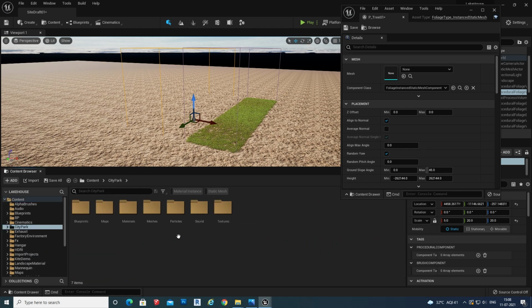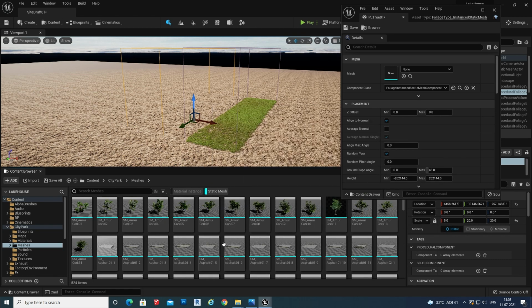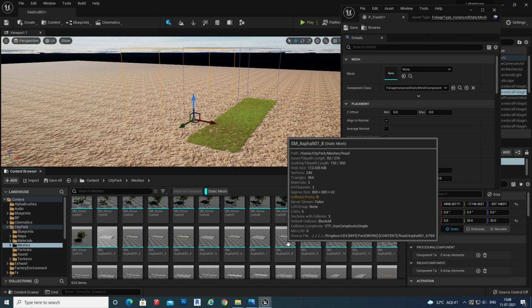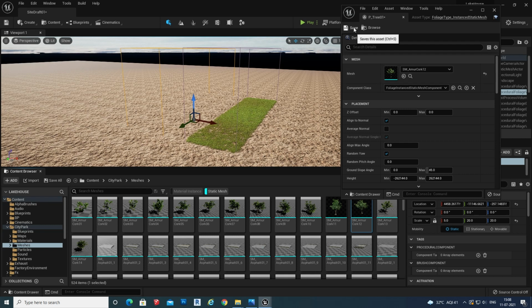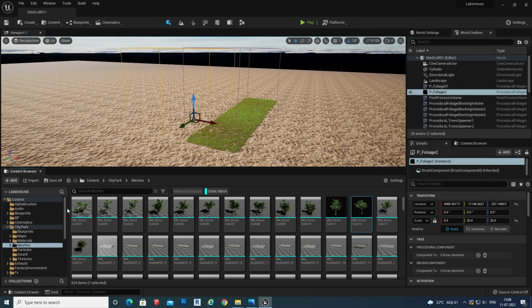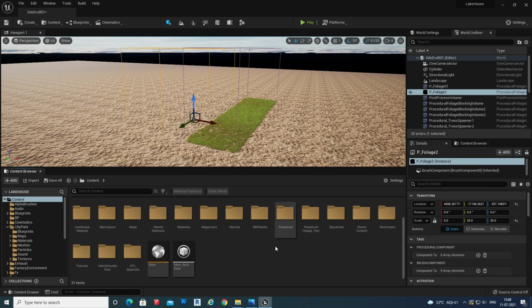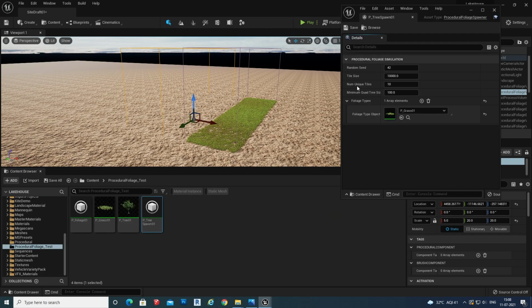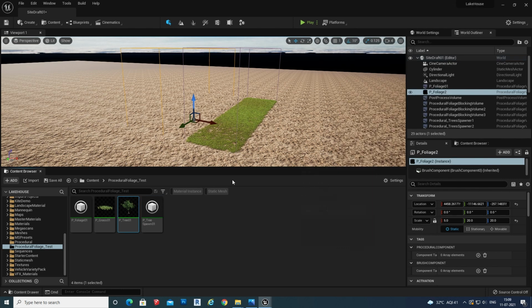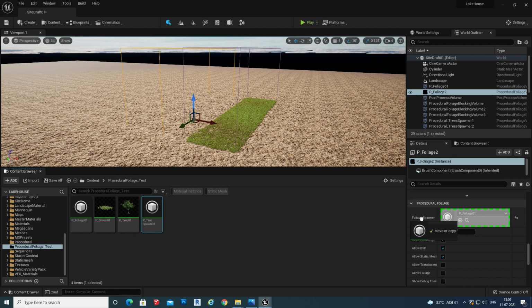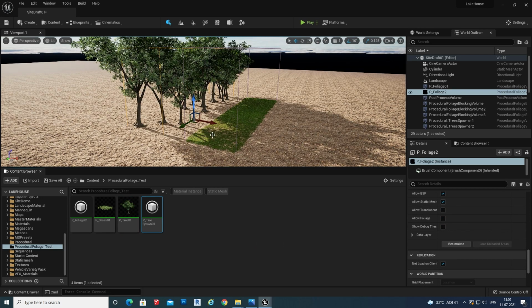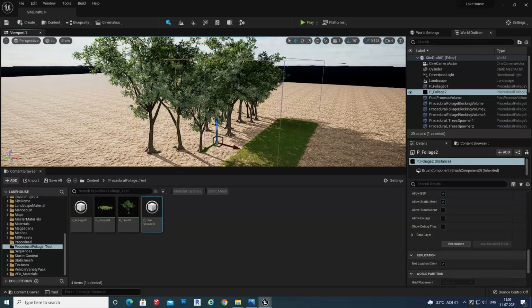So I need a static mesh. I'm going to the folder and picking one static mesh. This is fine. I'm just taking this static mesh, save, close. I'm reloading that, save it again. I need to spawn that in the volume. Select the volume, replace this container and resimulate. Here you go. You got all the trees spawned.